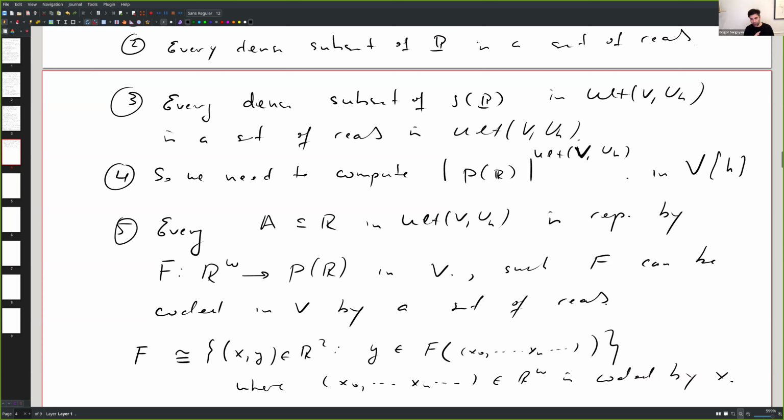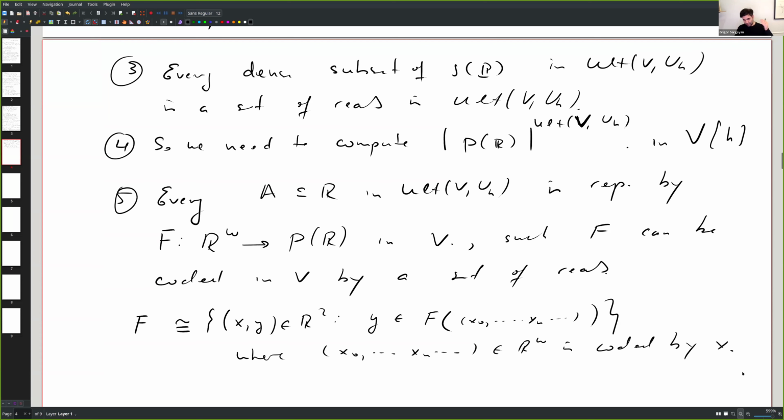So you fix some coding of one real into a sequence of integers, so you can look at the prime coordinates. I give you a sequence of integers, right? That's what the real is. Your nth real that x codes is the one that takes the nth prime, looks at the powers of this prime, and looks at the digits that sit on exactly those places. So you can cook up many different ways of getting omega many reals out of one real: fix one, and use that coding to do this.